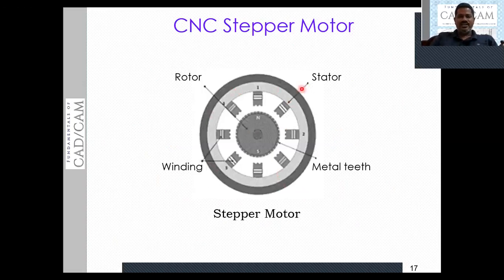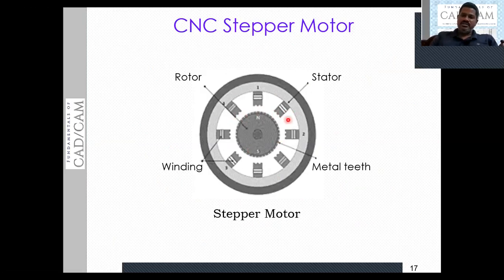On the stator, you can observe multiple teeth, so multiple toothed electromagnets are located. That means when you supply electricity, you will get magnetism here, so you can call this an electromagnet. Because of that magnetic power, this rotor is going to rotate.